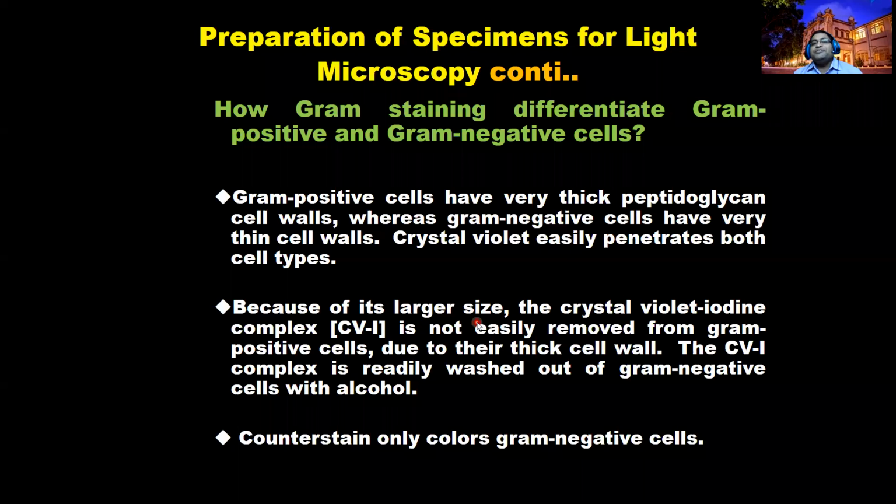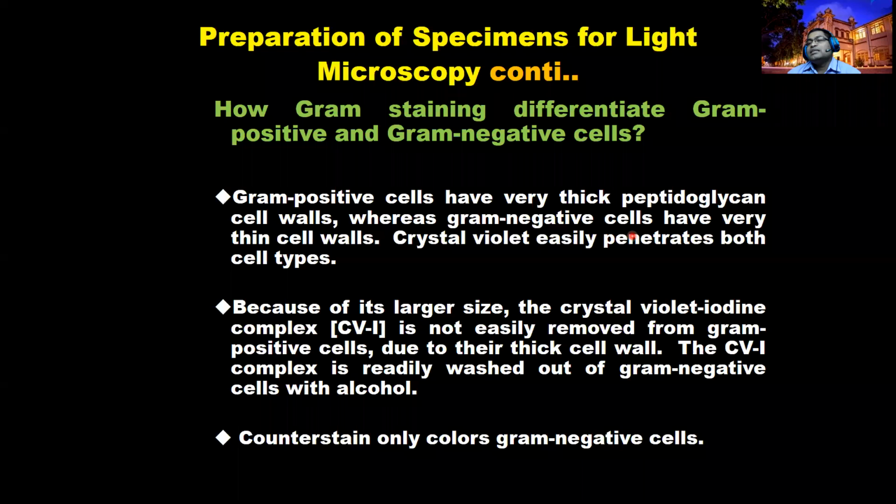Then how does gram staining differentiate the gram positive and gram negative cells? That's what I told you. The gram positive cells have very thick peptidoglycan cell walls. You all know the bacterial cell membrane and cell wall are there; we call it peptidoglycan. There are two components, mycopeptide and peptidoglycan. In gram positive bacteria, the peptidoglycan component is higher, more than 60%. And in gram negative bacteria this is mycopeptide, the murein. So therefore, the murein is not